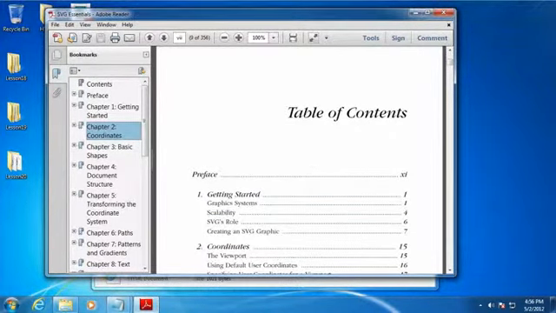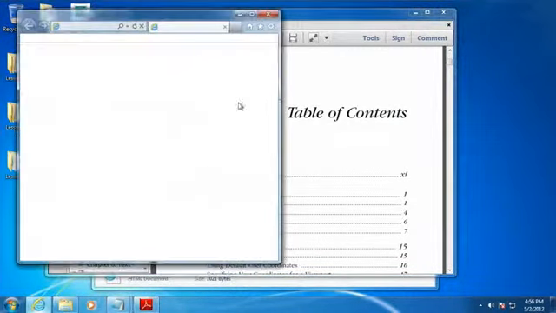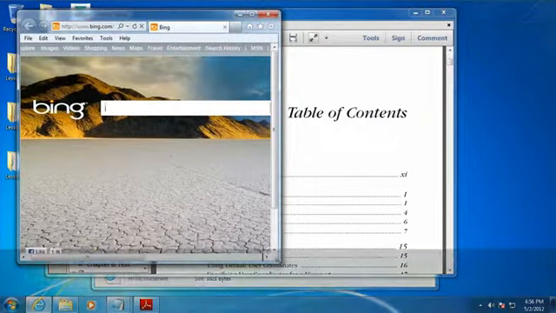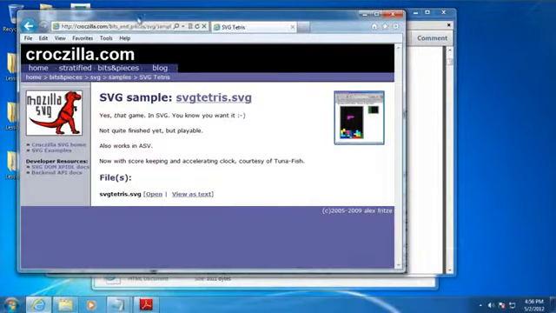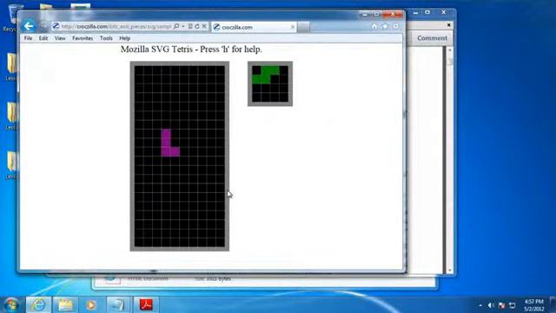Let me show you what I promised earlier in this video, and that is a game that was created using SVG and JavaScript. So you can take a look at this SVG Tetris, and I'm not very good at this. I tried it a little bit earlier today. Oh man. However, you are able to play Tetris with it,